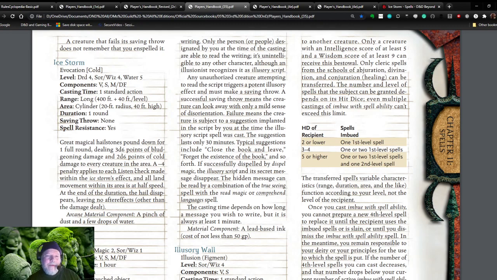When you do that, make sure that you properly apply the damage based on what the target is. At the end of the duration, the hail disappears, leaving no after effects other than the damage dealt. Now that's an interesting little tidbit. A -4 penalty applies to each listen check made within the ice storm's effect, and all